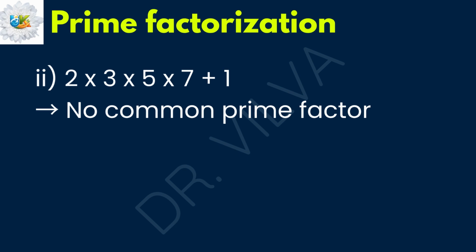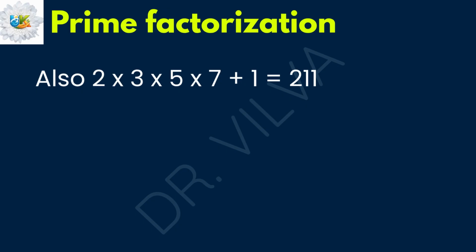So, for this one, let us just do the quick math. First, let us multiply the numbers: 2 times 5 times 3 times 7, that is 21 times 10, which gives us 210. We add the 1, therefore